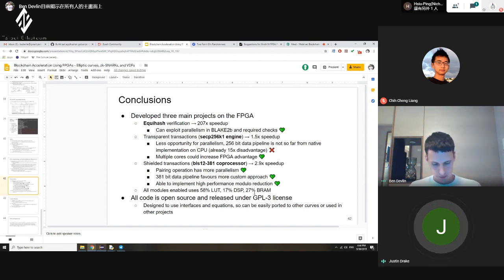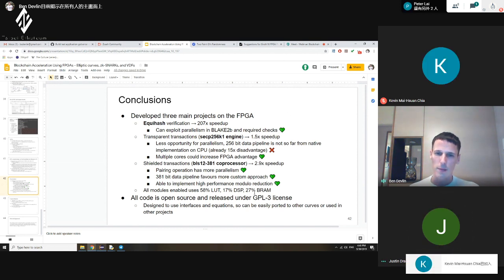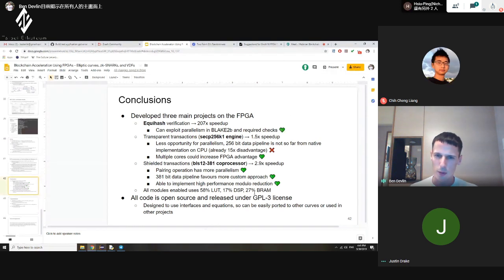Is it on the order of 2 to 3x? Yeah, that's right. For this one, we wanted to accelerate the verifications first rather than the proving. So we looked at pairing. But if you wanted to actually speed up, this processor can do the multi-exponentiations, but it does them in serial. It doesn't parallelize it.